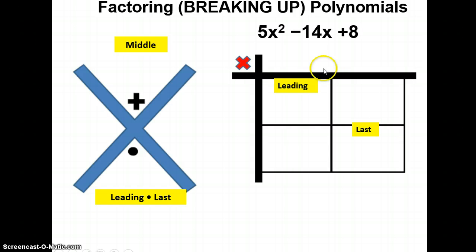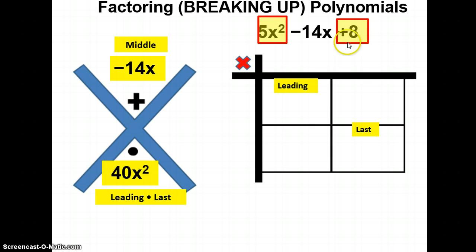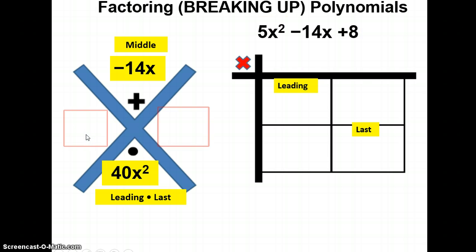5x squared minus 14x plus 8. All right, so we will multiply. We'll have a middle term go here. Multiply our leading times our last. What is 5 times 8? 40. Great. Again, I'm going to think of two numbers that multiply to get me 40, but add to get